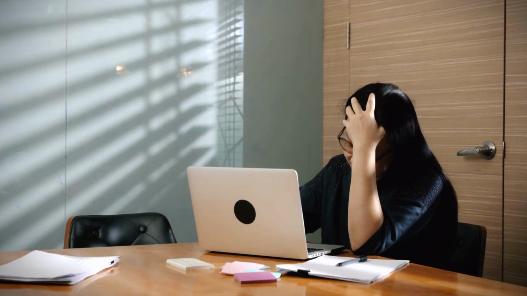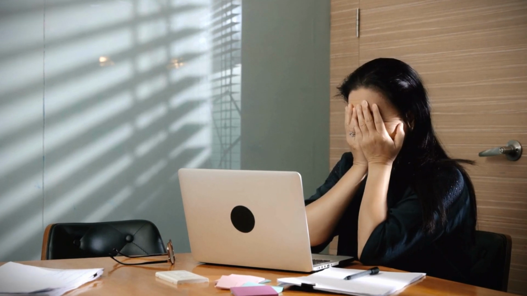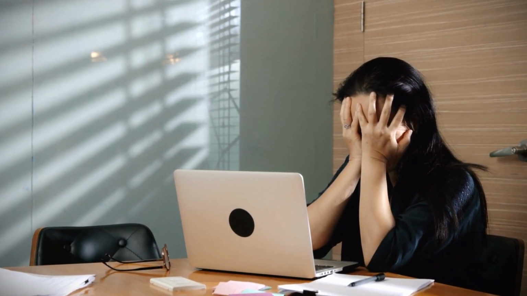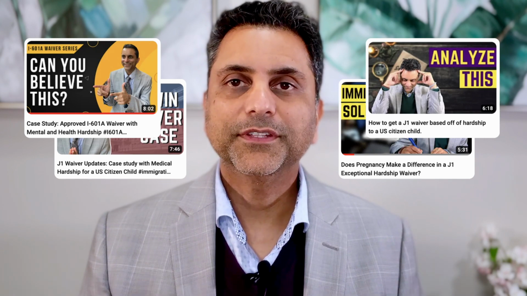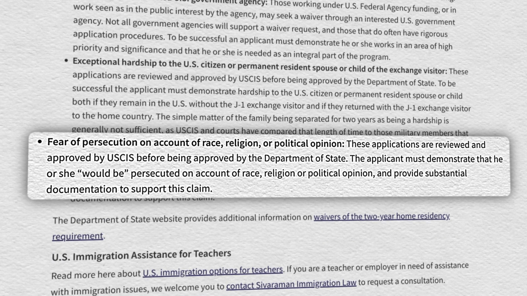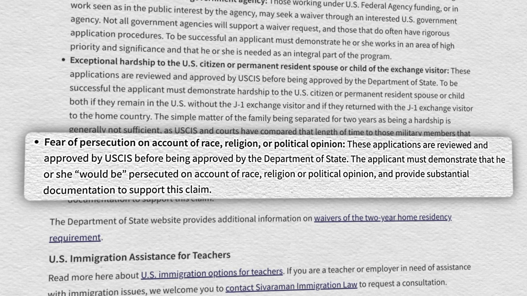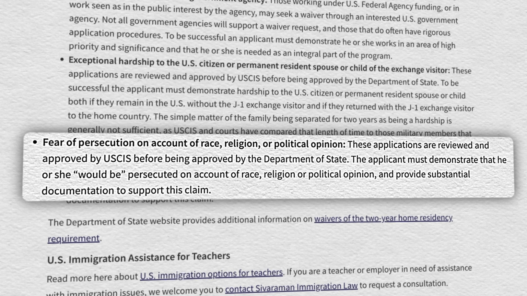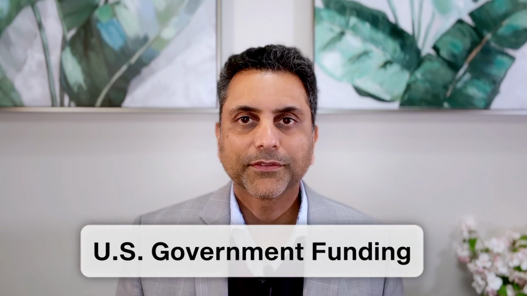But if you have a poor filing and then try to remedy it by responding to the request for evidence when the initial application was prepared poorly, it makes it much more challenging. So with these cases, you want to make sure you're very thorough in preparing the application so you can optimize your chance for approval. And I recommend that you go and watch many of the videos discussing the hardship waiver options in detail. And then there is the persecution waiver. If you have a fear of persecution and you can show you have that reasonable fear of persecution in your home country based on race, religion, or political opinion, you may be eligible for a persecution waiver. And this is also a good option to consider if you have US government funding.